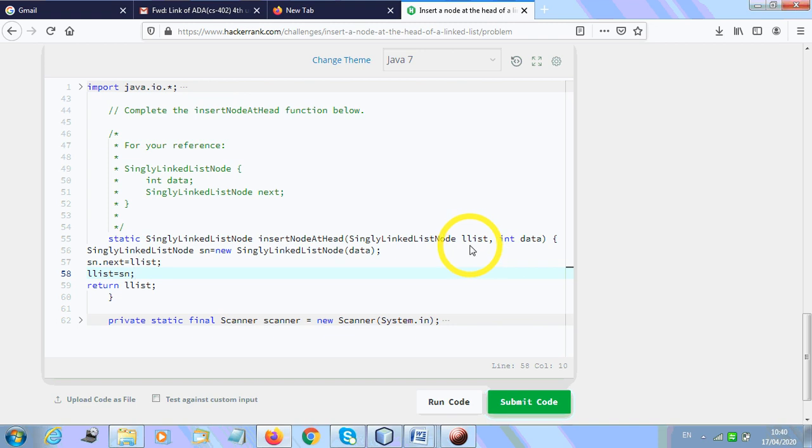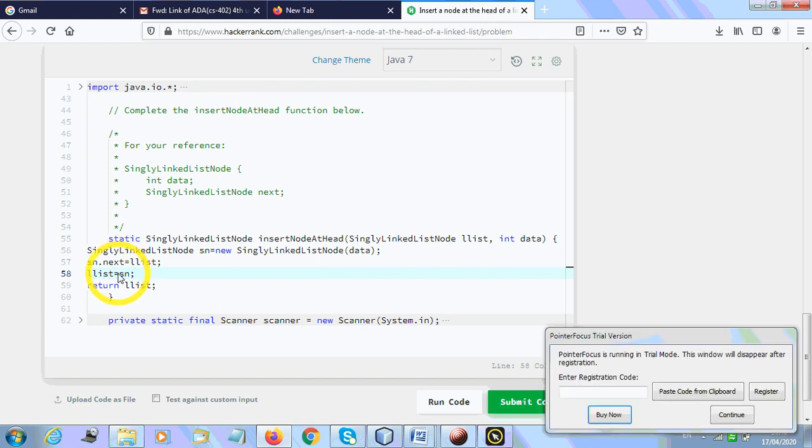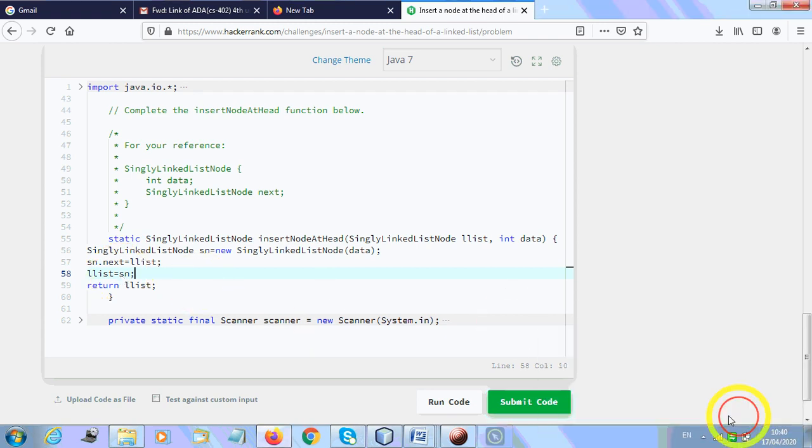The list is having the initial level. So the node which I have inserted is going to point this list, and the node will be pointed by this list itself. Okay, so this will become the first node. So list will point to this node here, and we are going to return this list itself.